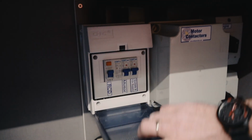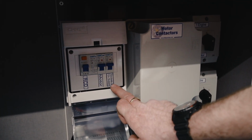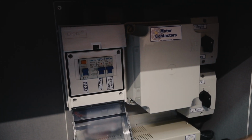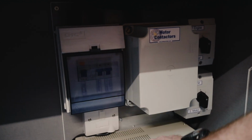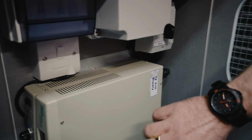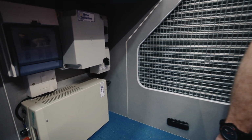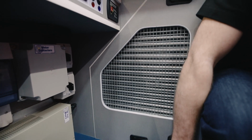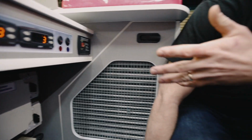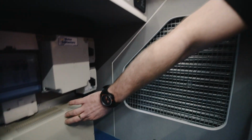You've got your circuit breakers under here, RCD protected, motors protected, sockets, and the 12-volt supply, which is here, is protected. This fuse spur here just fuses down so we can have the power supply on. This just supplies all the 12-volt power to the repeater, so it's all independent. So everything that the repeater needs, clutches and stuff like that, it's all fed by this instead of the